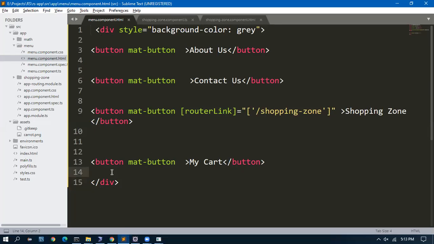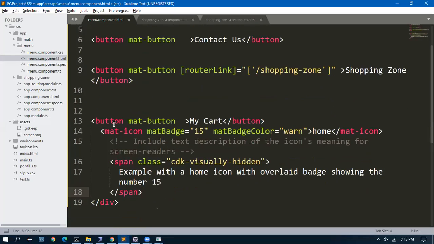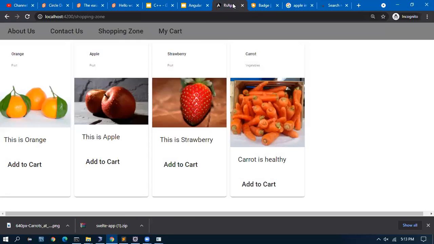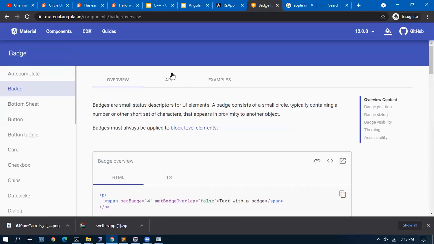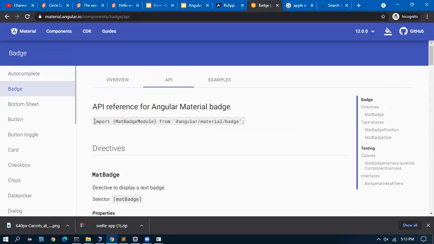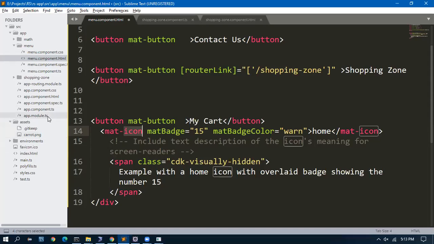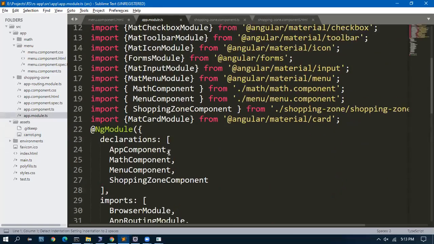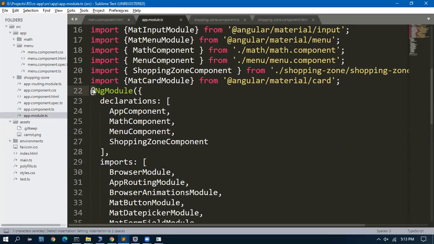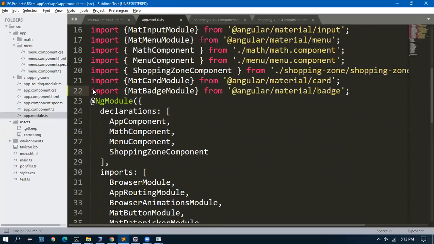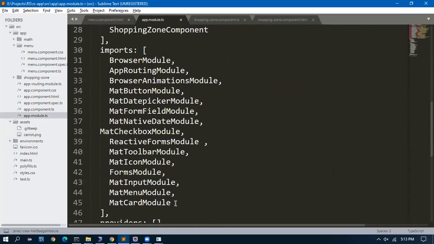So here I want an icon. To use mat icon, I need to import it. In the API, we have a mat badge import module. I'll go to app module. Mat badge module.